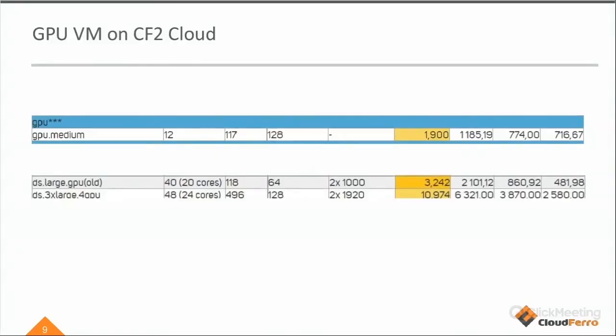The computing power is quite simple, and the GPUs in the cloud is a very simple offer, but it is one that is suitable for many applications. In our primary cloud, in CF2 Cloud, we have single VMs with single GPUs, or the server with 4 GPUs. So it is a small flavor for when you want to do the processing of the data or just to test some idea, and a very big server with 4 GPUs when you need to train your model, which can process very big amounts of data.